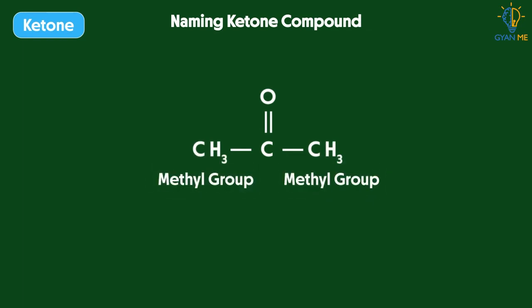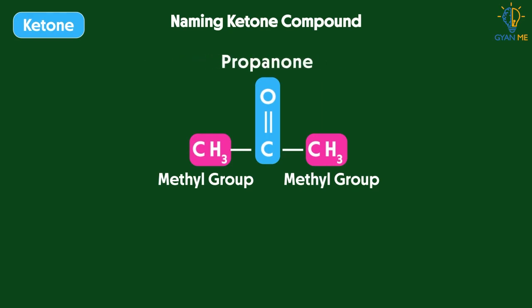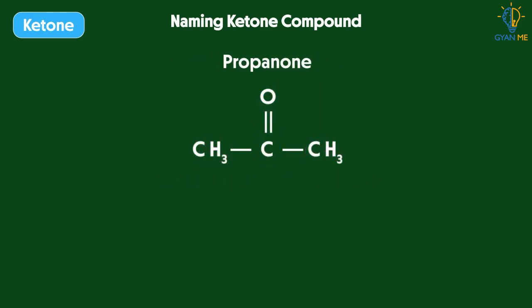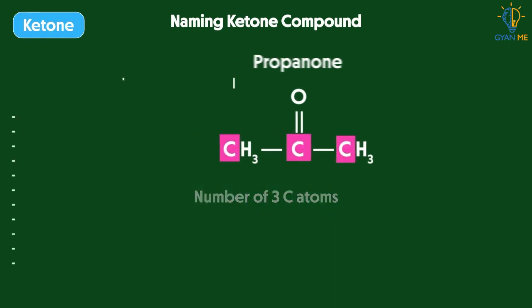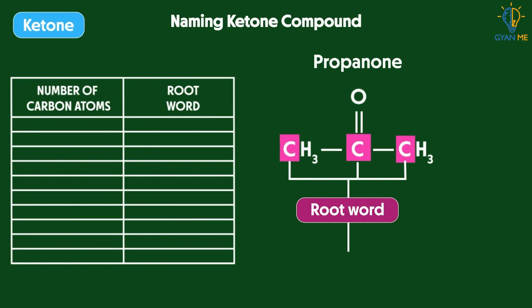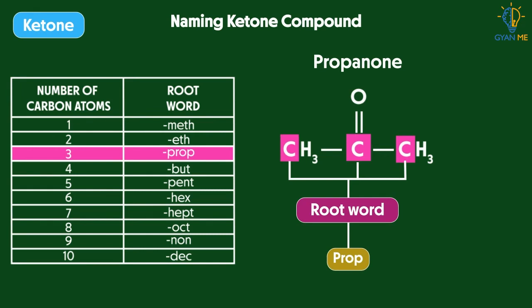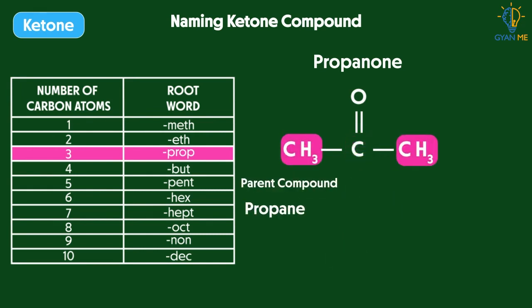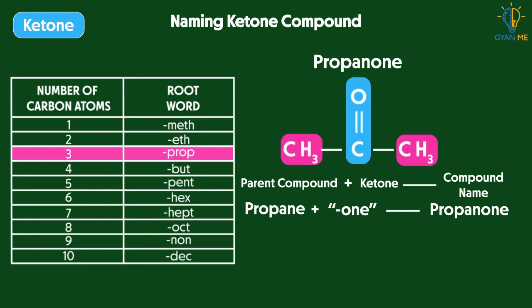If methyl groups on both the sides of ketone group are joined, we get compound propanone. Yes, observe that the compound has a total of 3 carbon atoms. And can you tell me the root word for 3 carbon atom compounds? Yes, it's pro. So the original parent compound is propane, to which the functional group ketone has joined, and it becomes propanone. It has a molecular formula C3H6O, which is written as